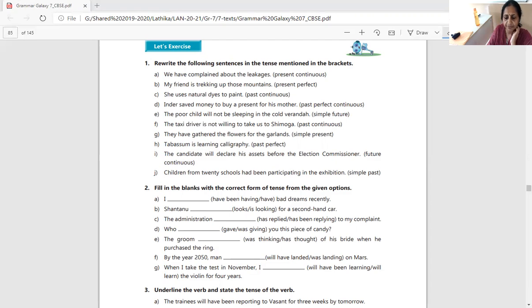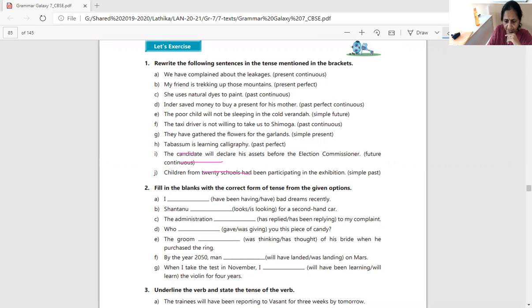Inder saved money to buy a present. Past perfect continuous, so it will be had been saving. Okay, had been saving. This is the verb which is in simple past. So past perfect continuous: had been saving. The poor child will not be sleeping. So